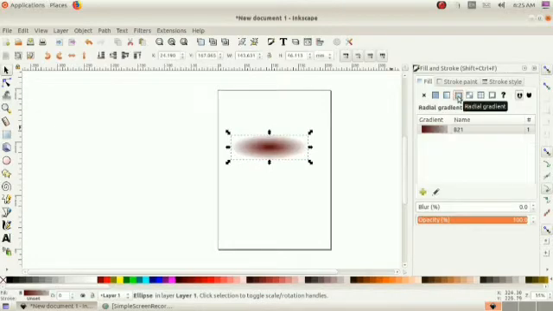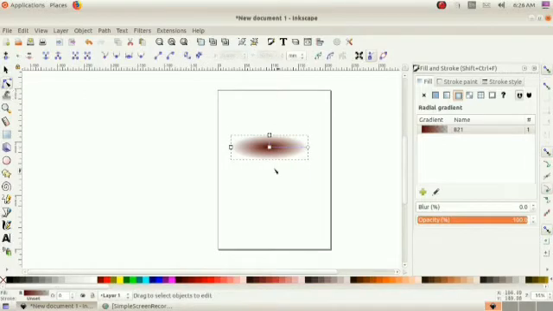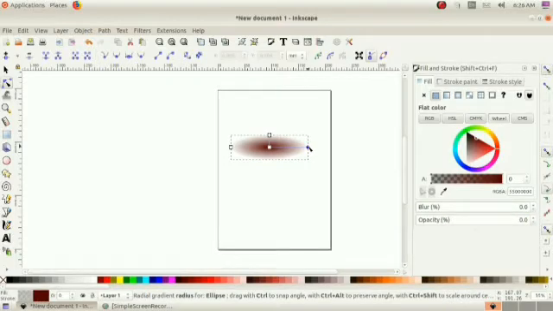I am going to select the edit path by node tool here. Then we get a baseline. So change the color here. Click on the outer node and select the outer color.